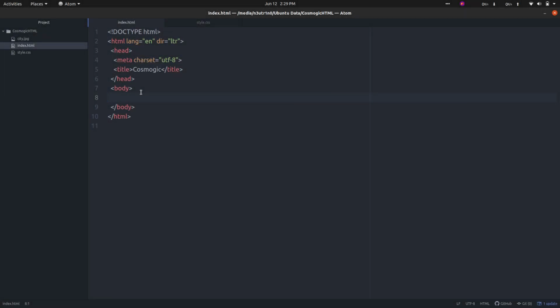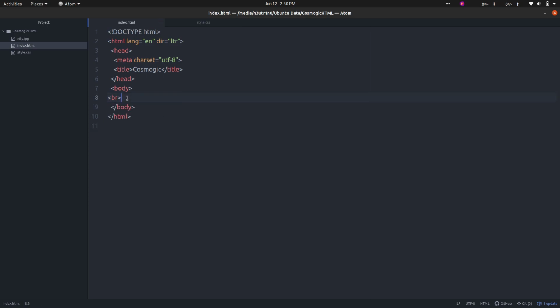So let's start with our basic tags. HTML tags are of two types. The first one is the container tag and the second one is the empty tag. In a container tag, the tag has both opening and closing, but an empty tag doesn't have any closing tag. Like a body tag is a container tag. It has both opening and closing with the forward slash. But there are some tags in HTML that don't have any closing, like the BR tag.